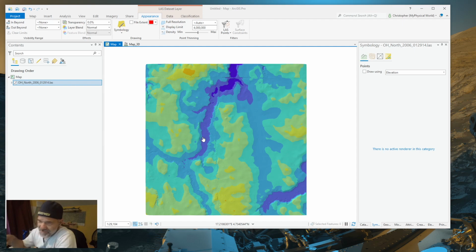It's LAZ for the zipped compressed version, and then LAS for the actual data sets that you're going to be using. But once you have it in ArcGIS Pro, you can do all different types of analysis. And I will give you the overview in the next video. But for now, here's a look at